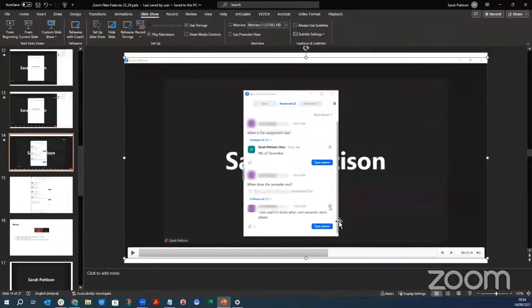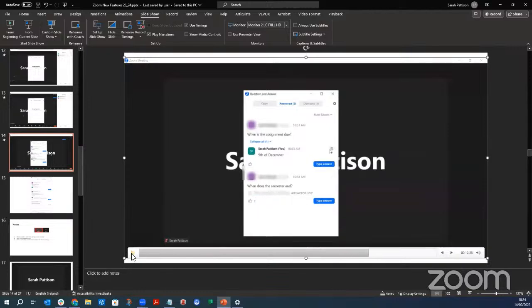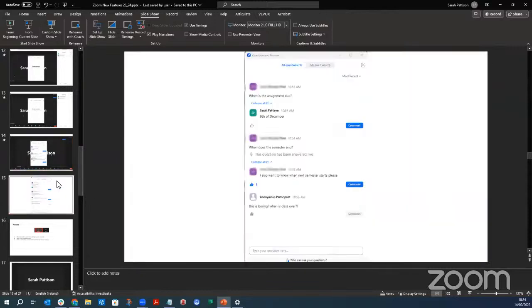You can also delete questions if you want. So there's this little trash icon. You can click that and that'll delete questions or comments as well if you want to do that. So just on the next slide here,